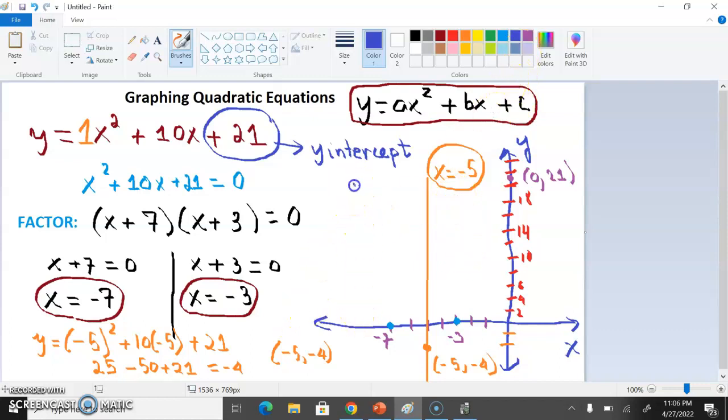Okay, so it's going to go down from here, and it's going to touch this point, which is my minimum, and then it's going to pick up. And don't forget, it's going to cross the y-axis at (0, 21). That's going to be my y-intercept. Okay, sorry, I'm using a mouse, so it's kind of hard to sketch that curve perfectly or nicely. So that right there is going to be the graph of my equation. And of course, you can